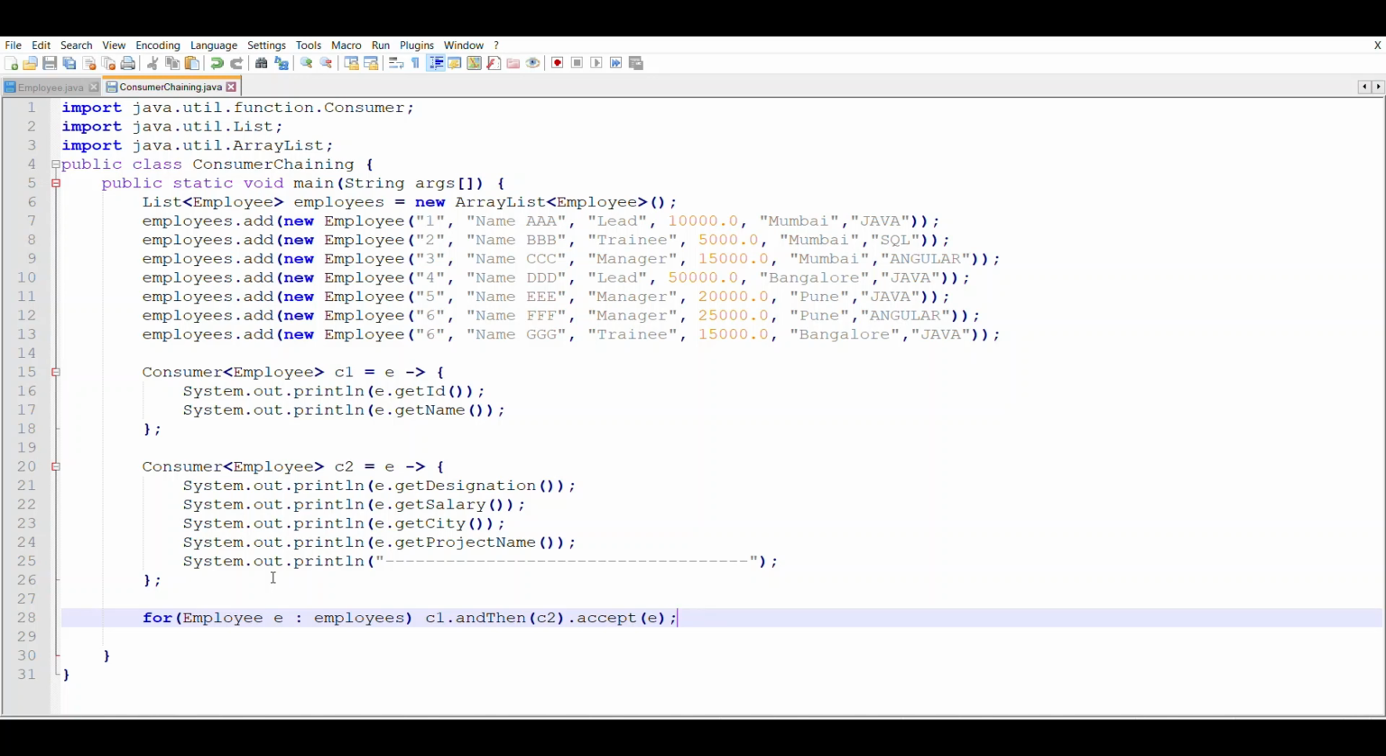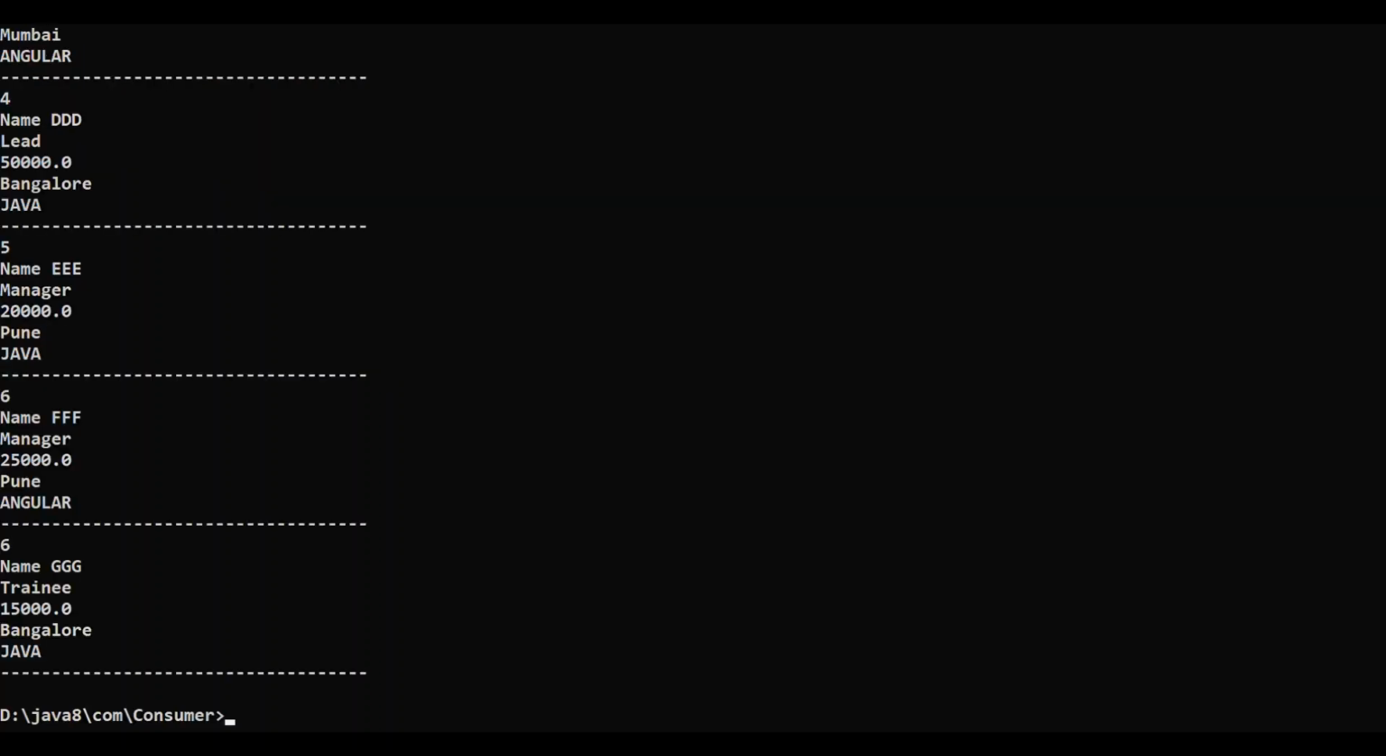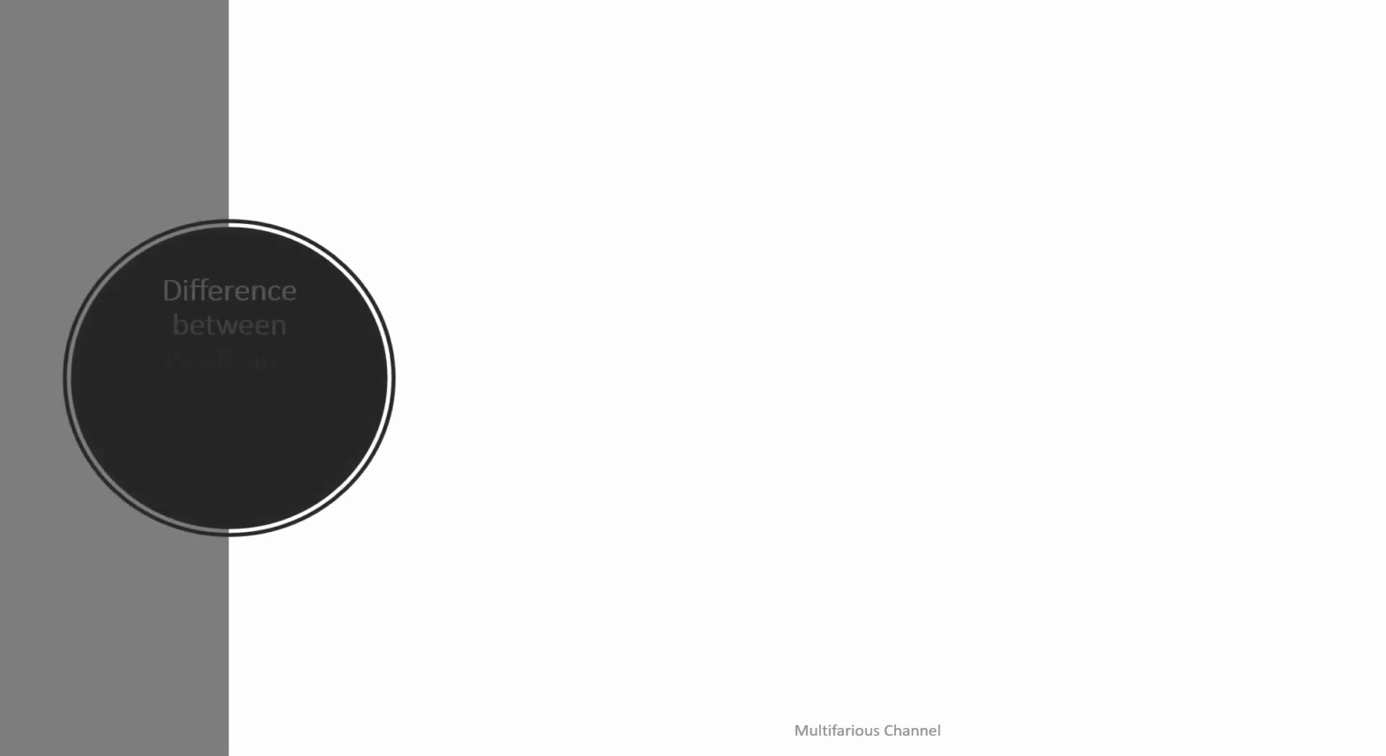So let us save this code and let us compile it. So let me compile and let me run it. So now all the properties are printed by using the combination of both the consumers. So this was the consumer chaining. Now let's look at some of the differences between